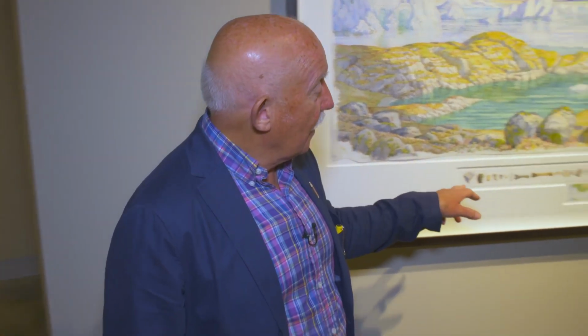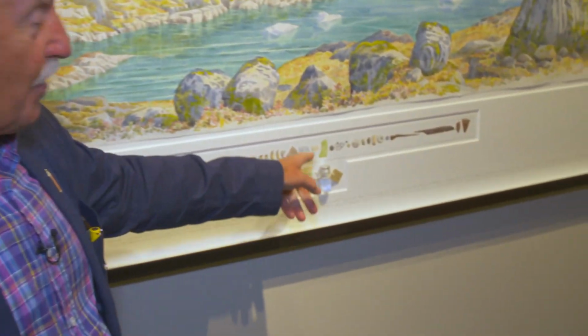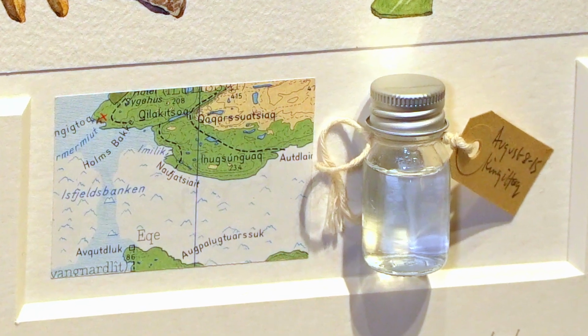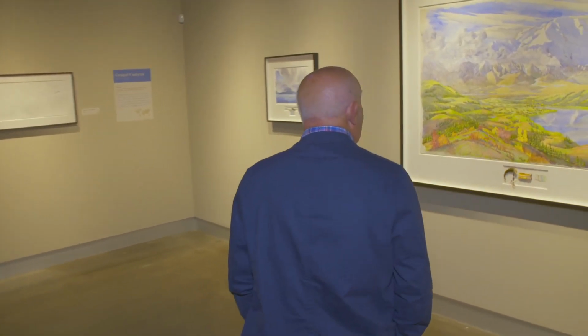But anyway, I did these studies of what I'd found, and then I collected them all together and gave them to the local school teacher who was running a little school, and said you've got to keep these things because this is your history. And then this thing here is obviously a piece of melted iceberg. It was a piece of frozen iceberg, but unfortunately it's too warm to keep it frozen here. And this is Denali,